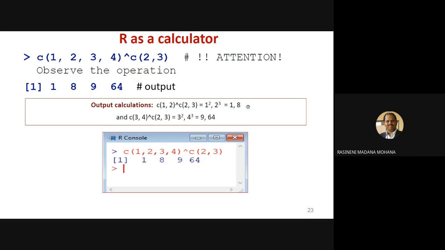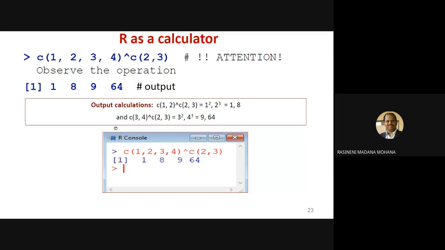So you will get 1, 8. Similarly, the second split, that is 3, 4, c(3, 4) power c(2, 3). So now it takes the first vector's first value, power the second vector's first value, that is 3 power 2, then 4 power 3. So these are all the values. Suppose in the right hand side we have an odd size, then it shows an error. So only if an equal partition is possible does it take the computation.